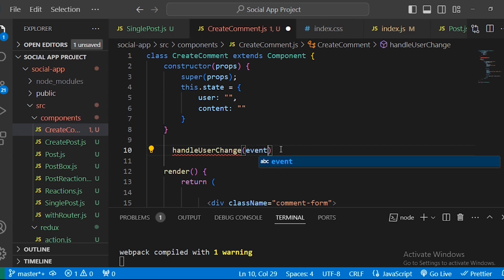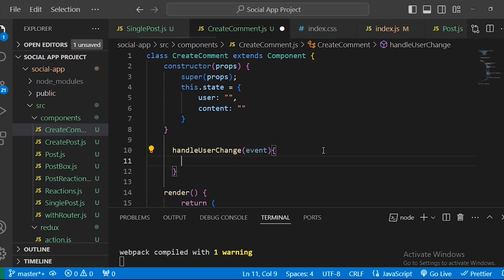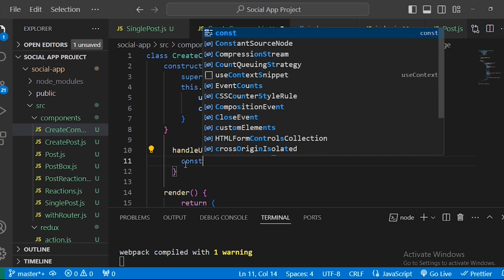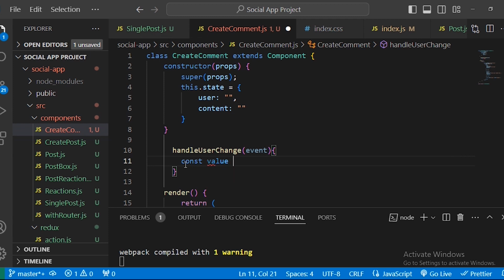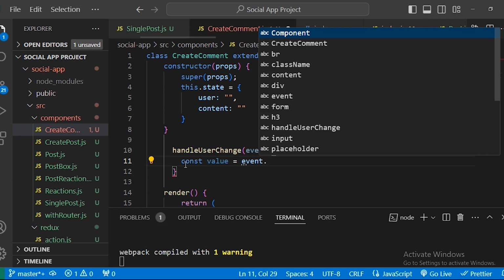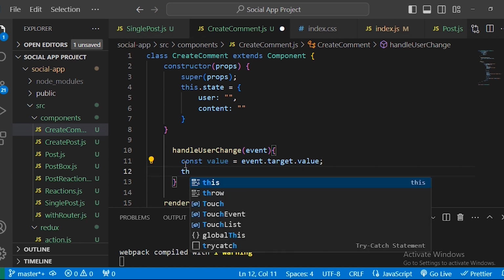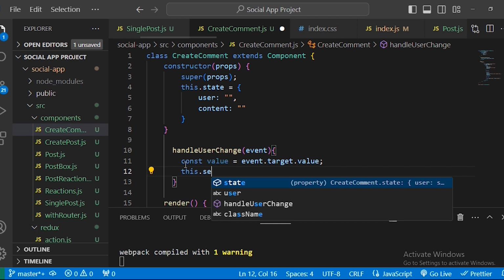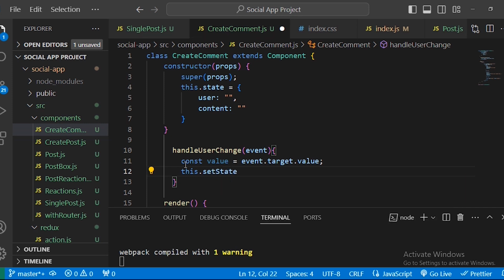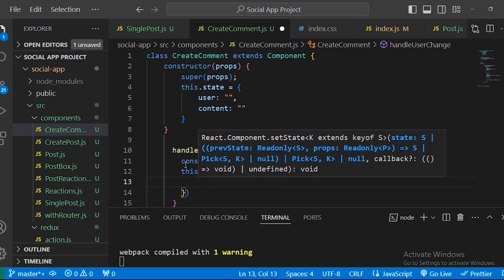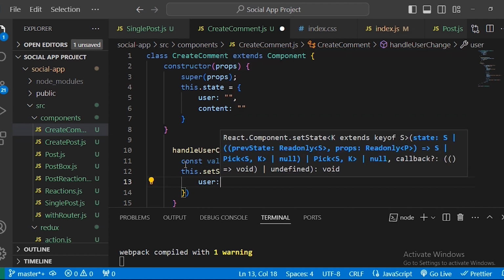We will receive the changes and then update our user. Okay, so const value, event dot target dot value, and then we will use this dot set state and update our user